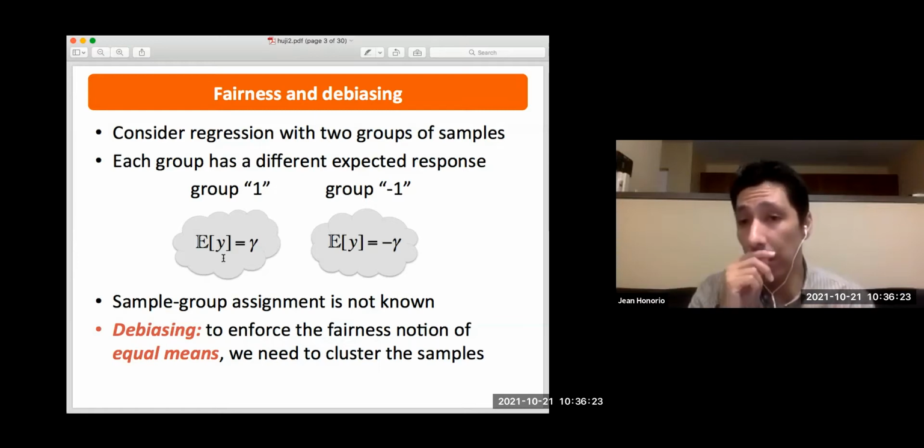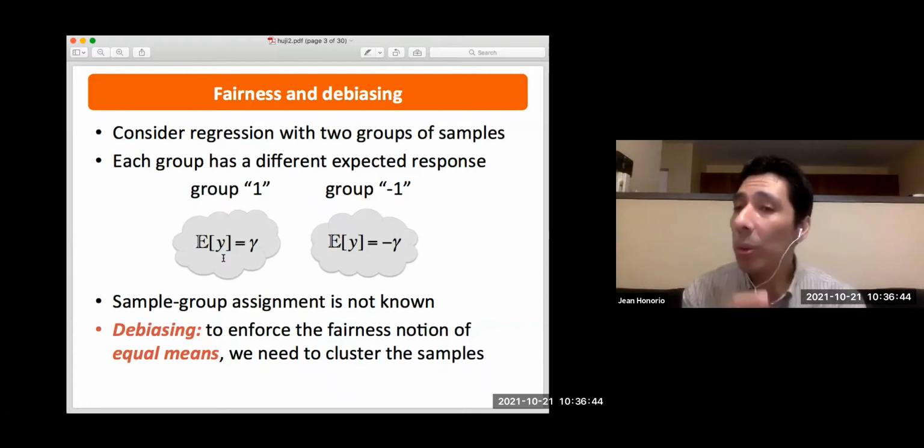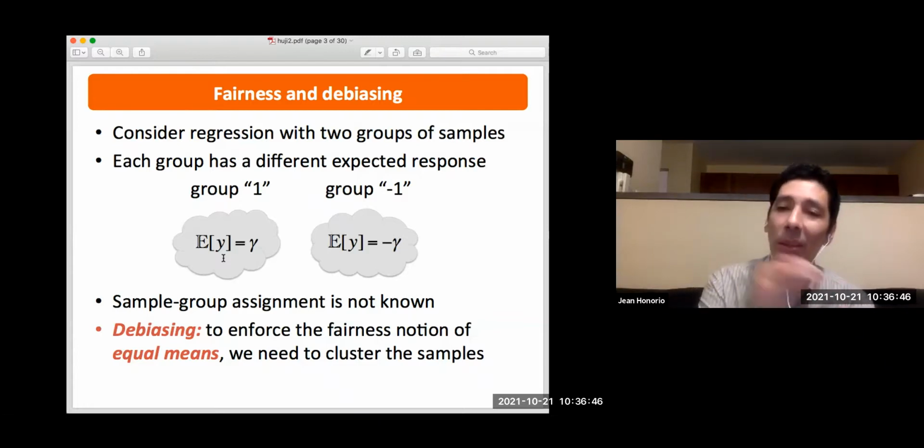And let's say in the group -1, the expected value of the response variable is minus gamma. Then you can see, for instance, the way to think about this in the case of fairness is the case of disparities in terms of salaries between different groups. Now, to make the problem a little bit more complicated, let's assume that we don't know the assignment of the